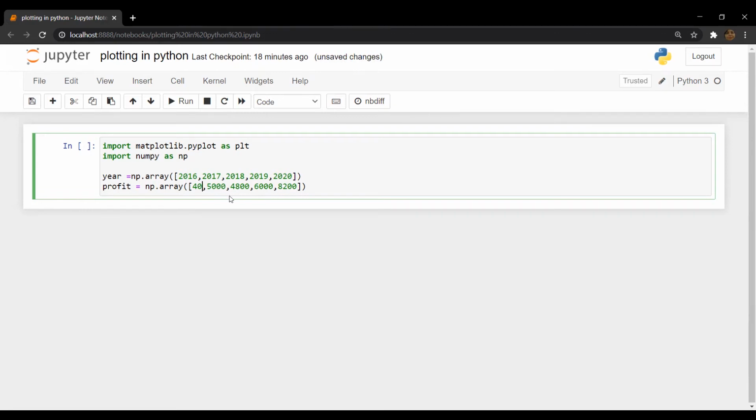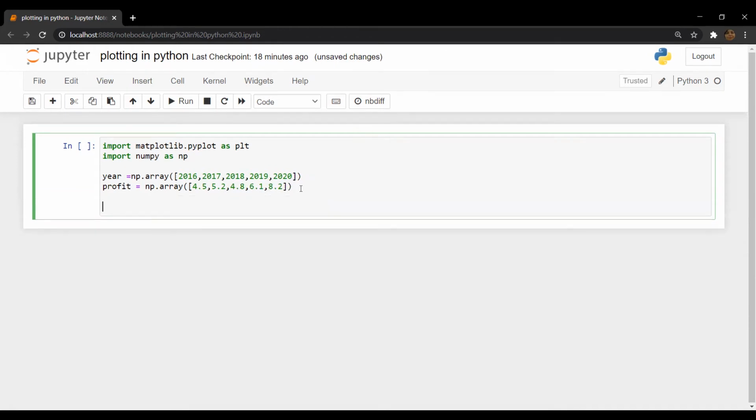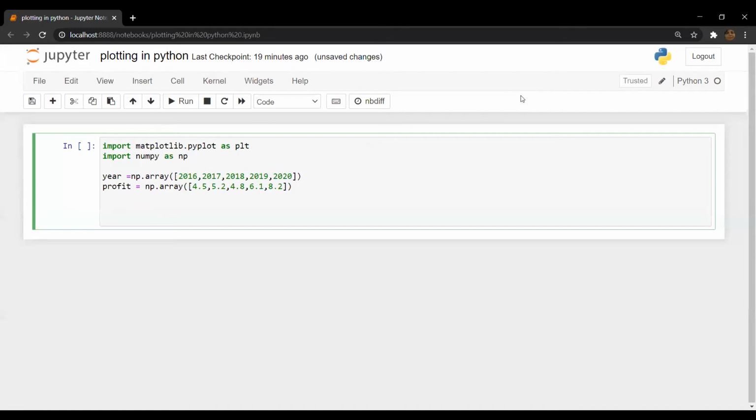I'm just going to change the data a little bit, and now we just want to create a simple graph. So we will use matplotlib plt.scatter. We are going to create a scatter plot. This is the scatter function of the plt matplotlib library, and we are just going to pass two parameters, and these two parameters are the NumPy arrays, and that's it.